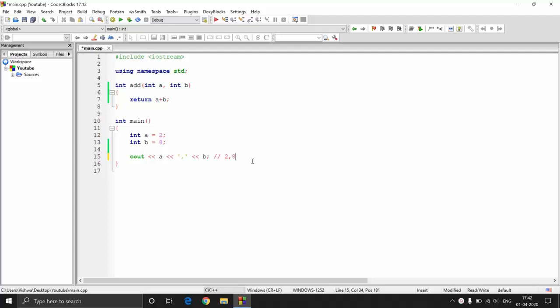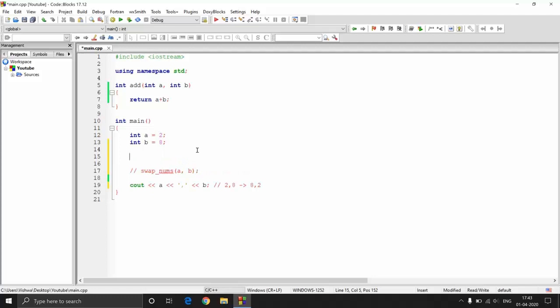Now what I want to do is I want to call a function. So let's call that function something, let's say swap nums. So I want to call this swap nums function by passing in A and B, and then here if I print this particular A and B's value, what I should be getting is 8 comma 2. That is, A is holding the value of B now, and then B should be holding the value of A now. So let us first try to solve this without a function.